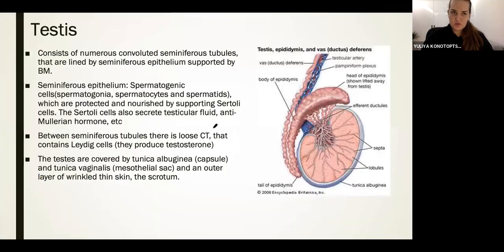Okay, so the testis. We have said that inside of it we have seminiferous tubules, right? There is always a question in the oral exam: draw me a seminiferous tubule. What can you find inside of it? If you took Embryo 1 with me, then you remember I have drawn this picture several times. The seminiferous tubule has a lumen inside. So this is one seminiferous tubule. Inside of the seminiferous tubule, you will see triangularly shaped cells. These triangularly shaped cells are called, if you remember from embryo,